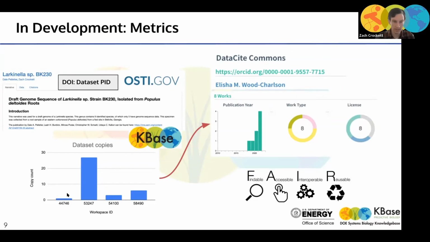So as you can see in this example, this particular workspace ID has been copied about 28 or 29 times, this 53247. And so when these get more fleshed out and developed, we'll be able to link those to the author's information and report that to things like DataCite Commons. And as you can see, they can link that to ORCID,